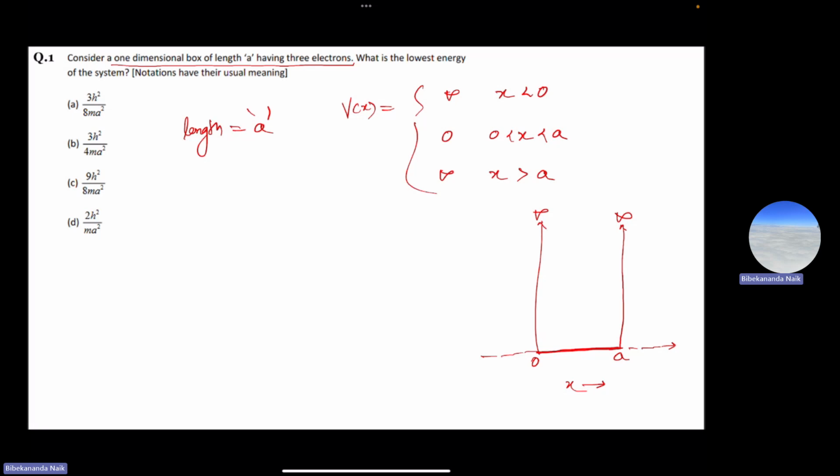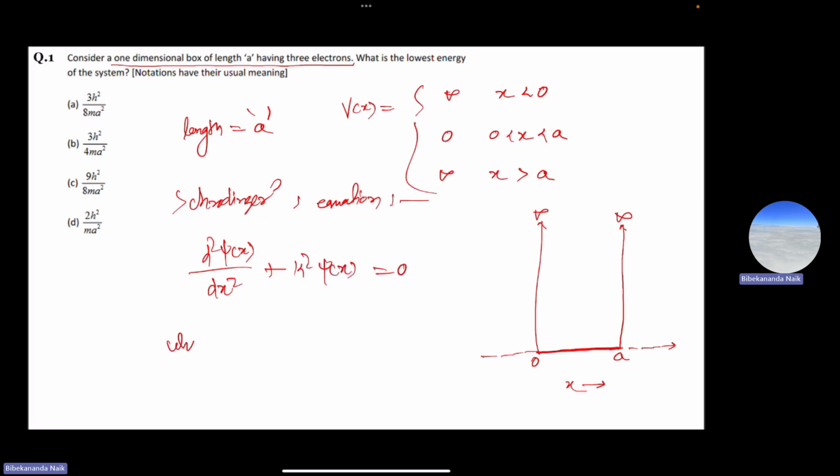Now if we write the Schrodinger's equation, it will come out to be d square psi x by dx square plus k square psi x equals 0, where k is square root of 2mE divided by h cross square. Now if you talk about the solutions, then the solutions of the wave function will be of the form